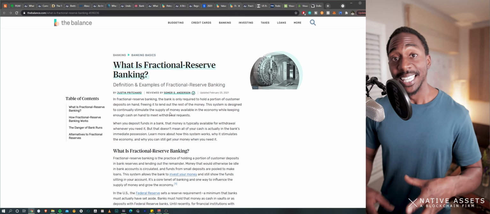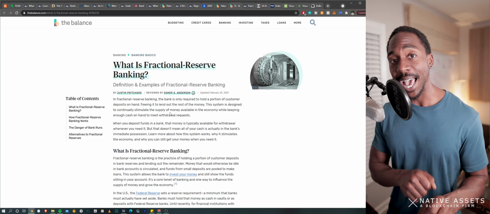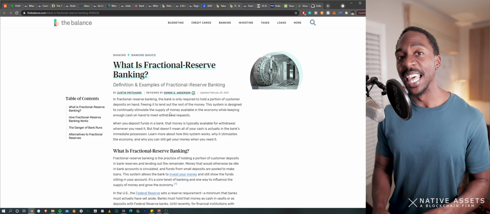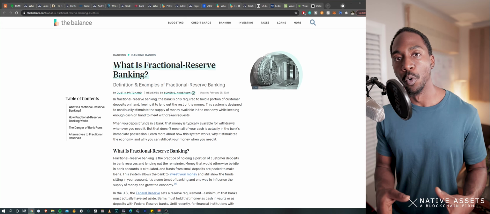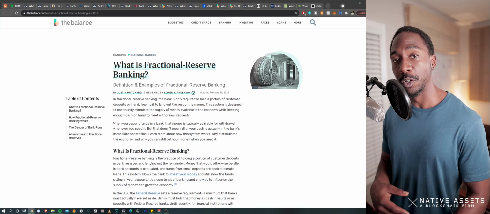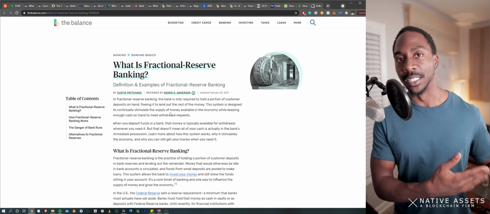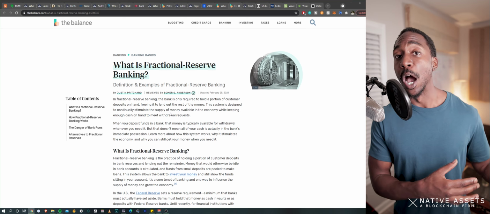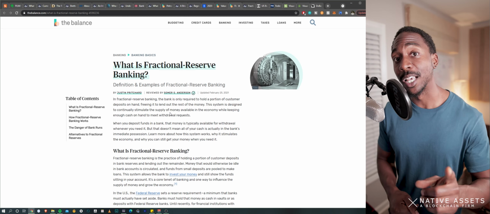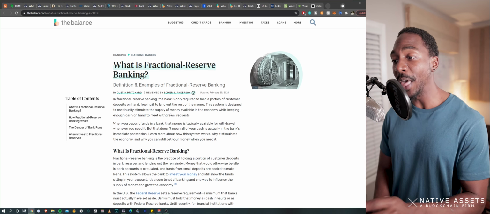So at a 10% reserve requirement, if you put $100,000 in your bank account, the bank only has to hold on to $10,000. They then take $90,000 and they can find other ways to make money off of that capital. One of the primary ways they do that is by loaning that money out. So they take that 90 grand and give it to somebody as a $90,000 loan. Now that person has $90,000 in their bank. But guess what? The bank only has to hold on to 10% of their money.